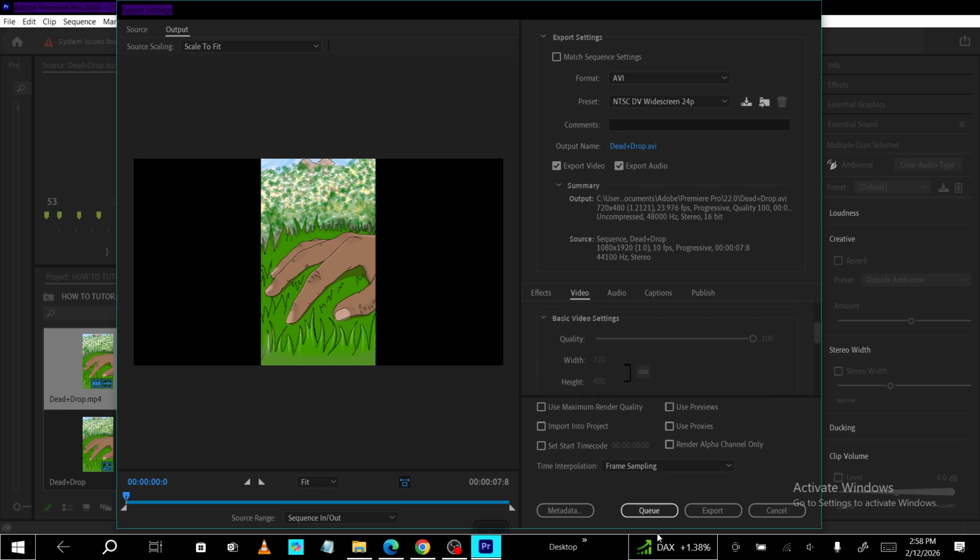Once the queue finishes, your files will be saved to the destinations you set, ready to share or upload. And that's the complete workflow for